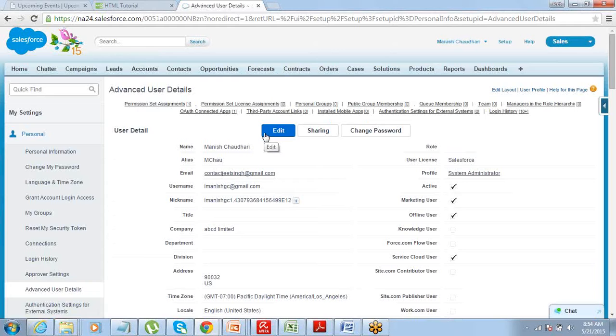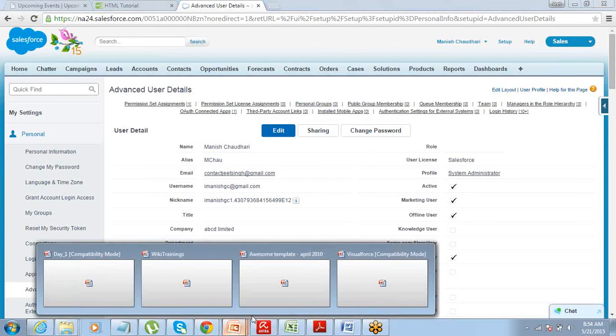Anytime before you start creating a Visualforce page, please make sure that your development mode is on. Otherwise, you will not get to see that editor. Okay, so that will be a bit of a challenge. But anyways, if you don't see the editor, please come back and set your development mode on. Okay, so now we are ready with our Visualforce development mode. We can get started with creating a Visualforce page. All right. So there are two ways of creating a Visualforce page.